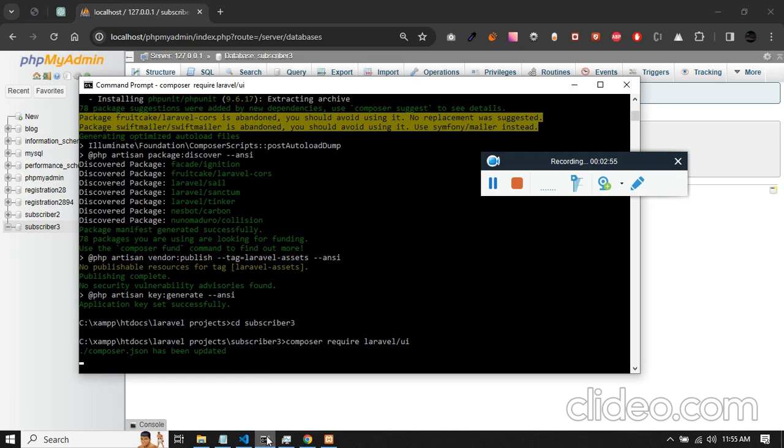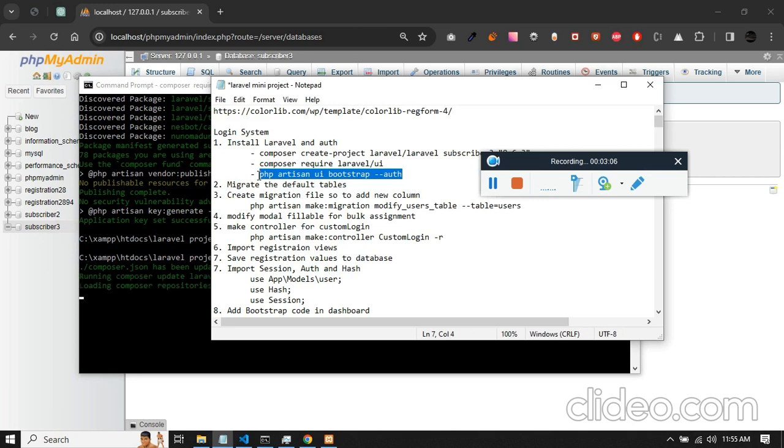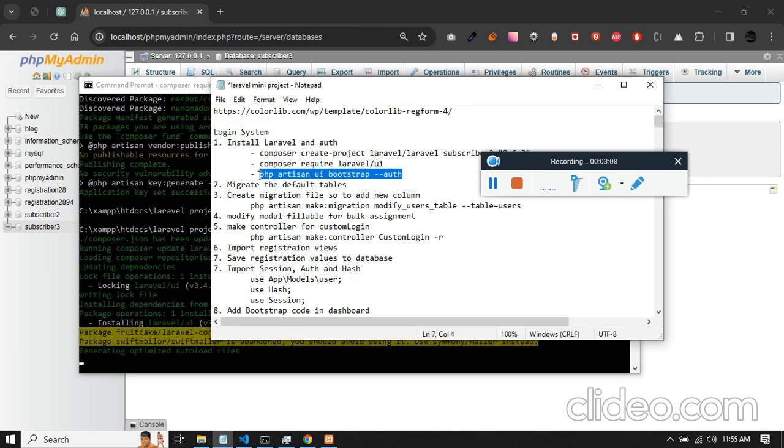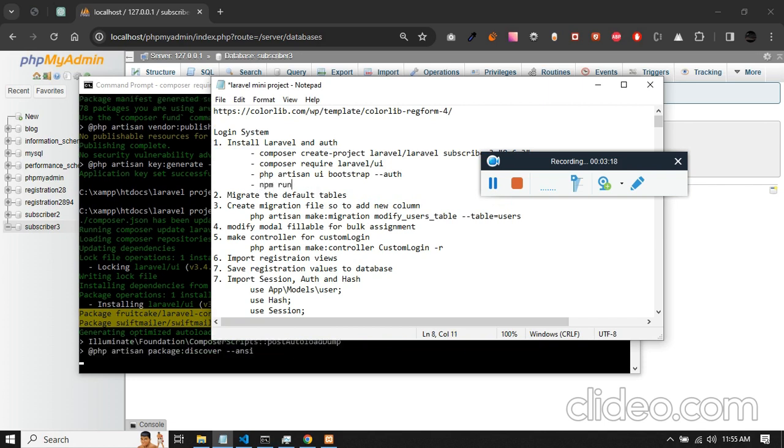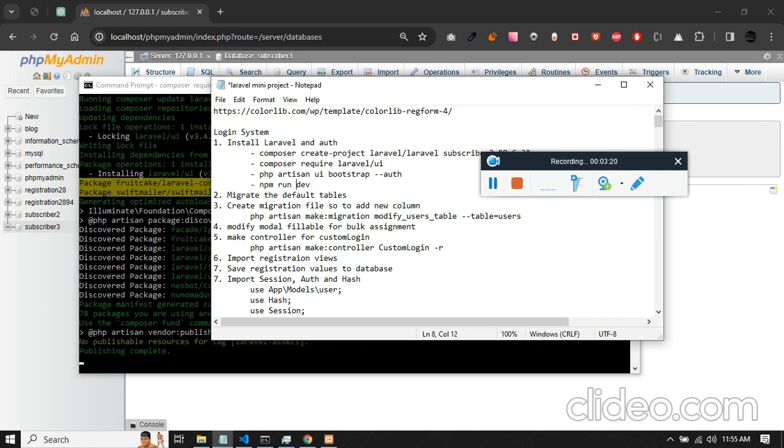So this is responsible for once you make this, you will have a login auth folder in your resources, or else you won't find. So once you add these, you may need to have one more command, which is npm run dev and